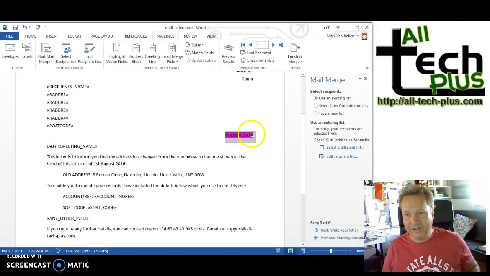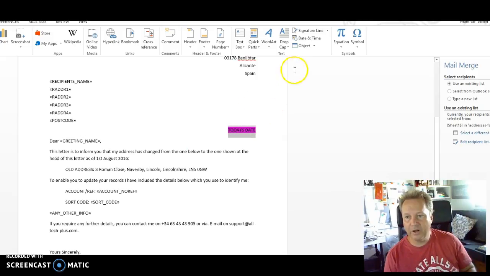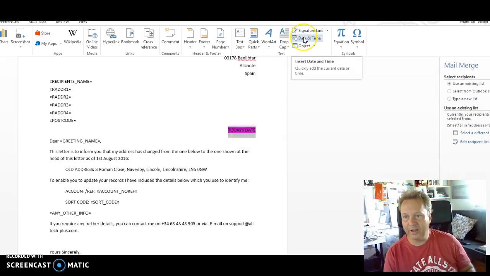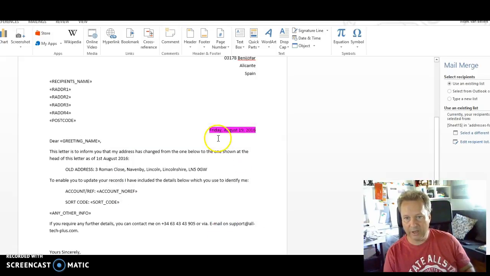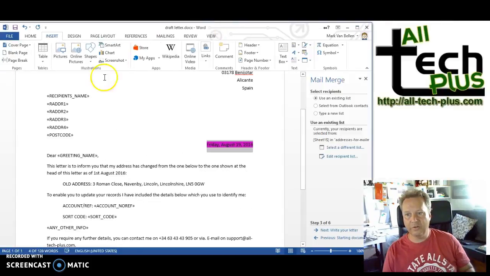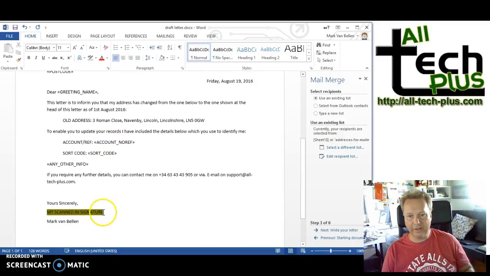and our next step is to actually put the date in there, which is the pink text, and to do that we just go to Insert, and then you're looking for date and time, and the date and time appears when I maximised the window. I had it slightly smaller just for the purpose of this video, so you can see date and time is there, and I get to choose how I want the date formatting. I nearly always use the full one there, and then just click on OK, and obviously we don't want it in a pink highlight anymore, so I'll just sort that out, turn the highlighting off,